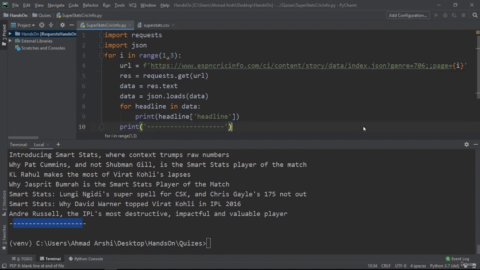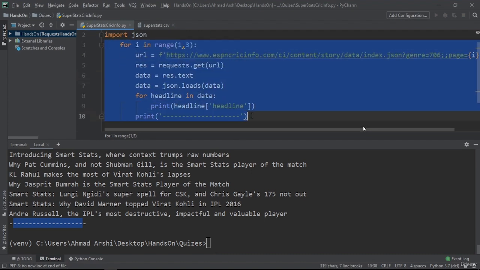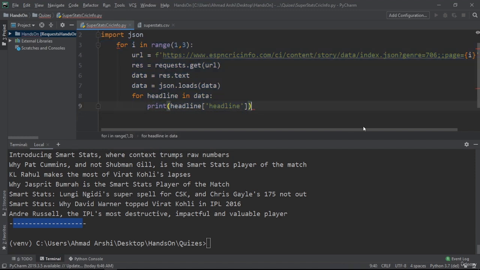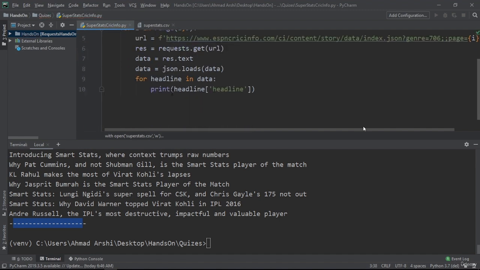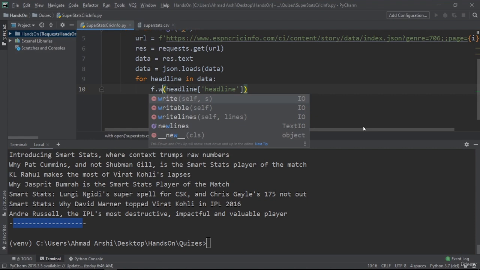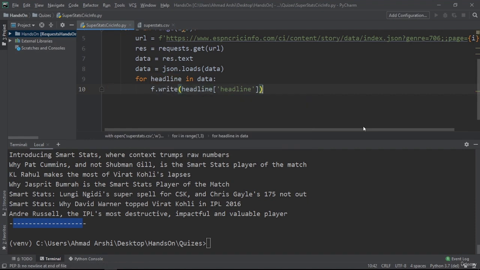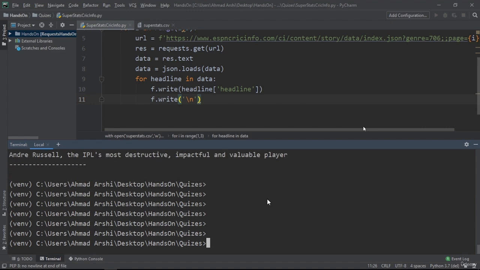For that, again let's give it an indentation here. Let's remove this last line. Now we just need to have the with open and then superstats.csv in the write mode. That's our file handler, and then over here, instead of printing, we just need to f.write that in the file, and then f.write and add a new line. So now if we simply give it a go,